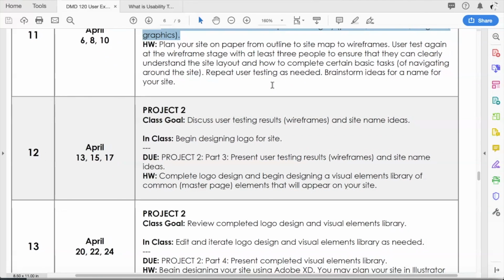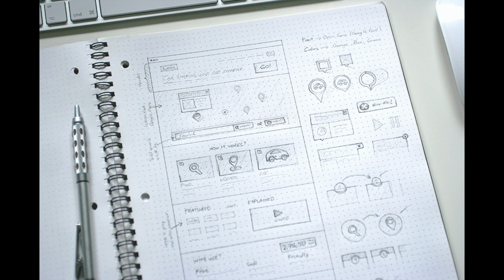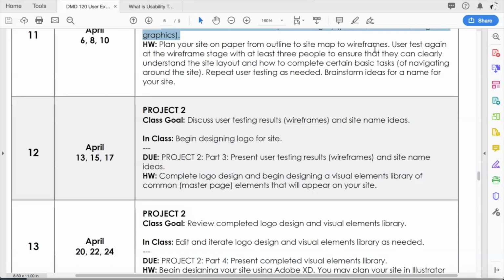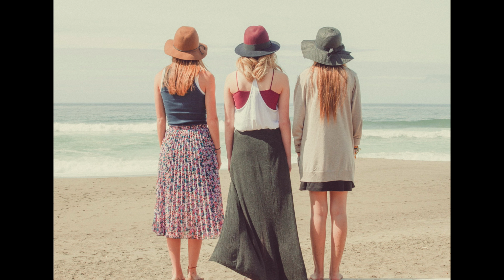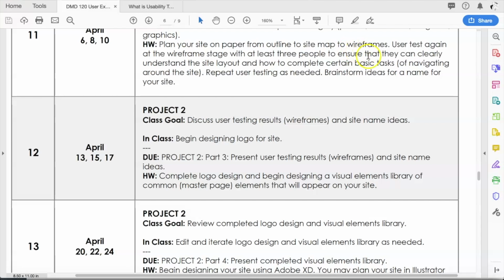Okay, then your homework last week was to work on paper to create your site outline, your site map, and a collection of wireframes, just like we did for Project 1. So same sort of idea, you know what you're doing, and you should have used the paper wireframes to get together 3 people, probably remotely, maybe not in person, given the circumstances and all, and do your usability testing,